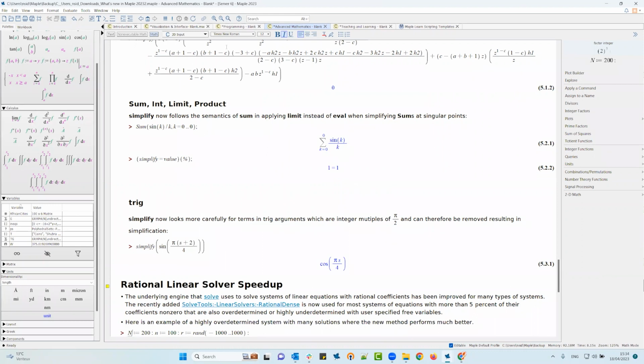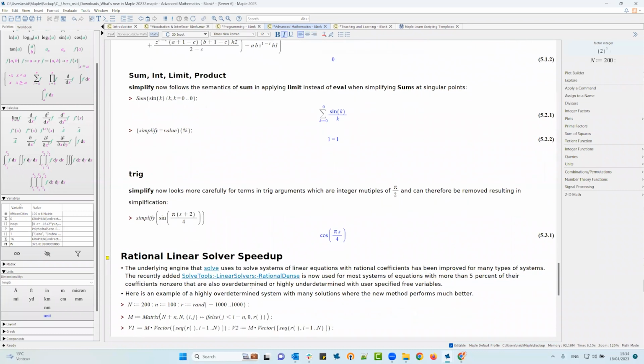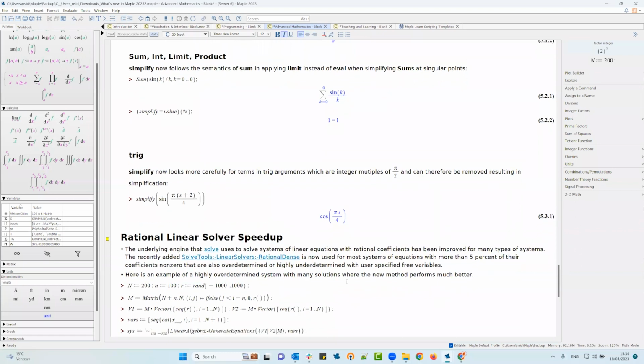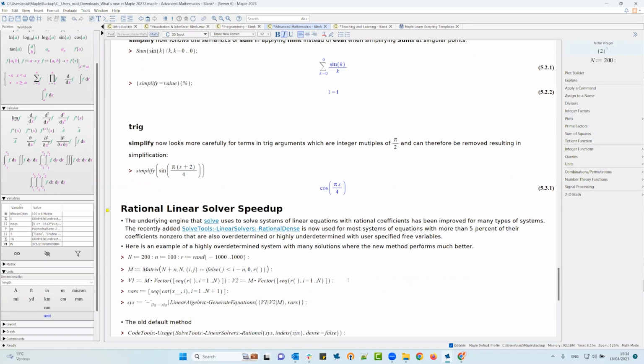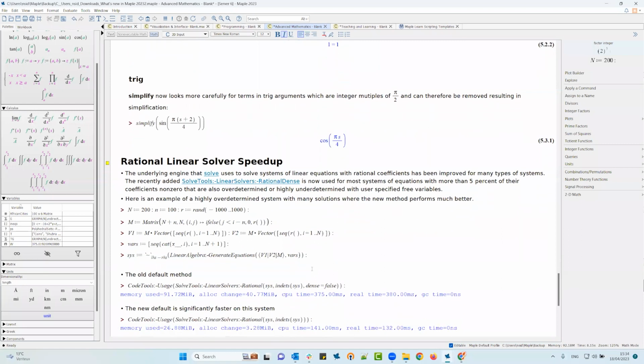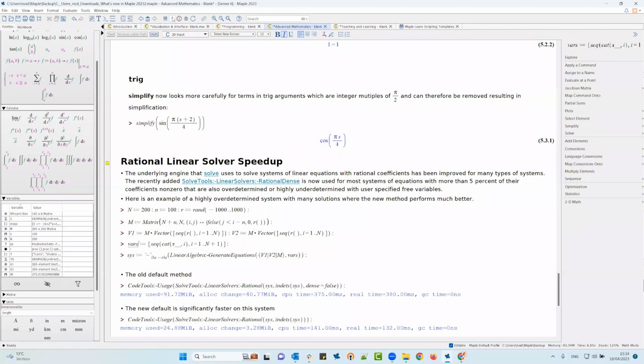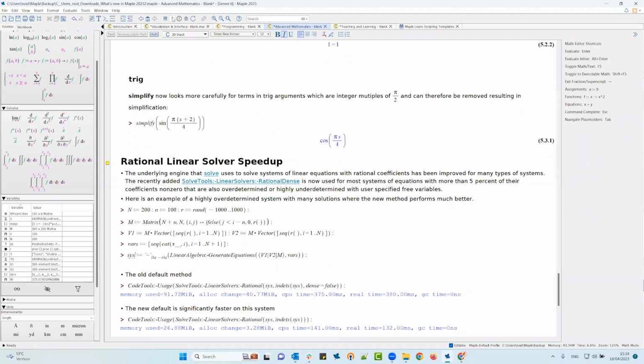Okay, so I hope that I haven't lost anyone on the road. I'm going to continue and switch to performance for this last part of this slide, and talk about the improvement we've been doing for the rational linear solver in Maple. We've done a lot of improvement to speed it up, and I've tried to select a simple example. Once again, I won't go into detail about the math behind that,